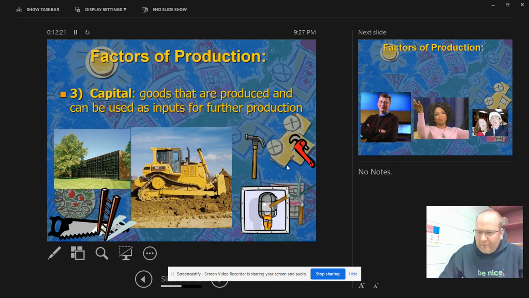My capital is the barns that I have to keep animals or to keep my equipment in there. The equipment, like my combine or anything that I use to spray pesticides or fertilizers in my fields. The land that I own is part of my capital. Maybe the bank account that I've built up so I can pay for all this stuff. That's all capital because all those things go into producing more, and in my case, producing more corn and more beans.